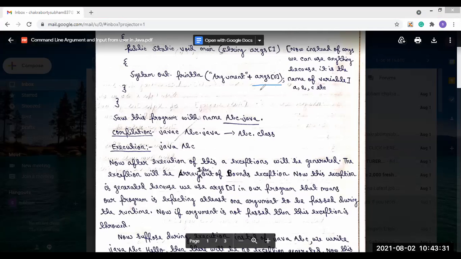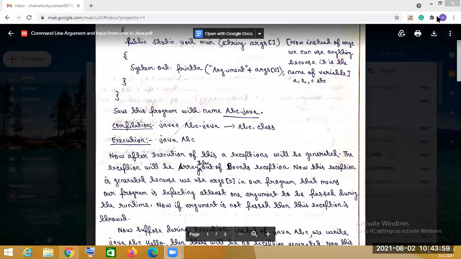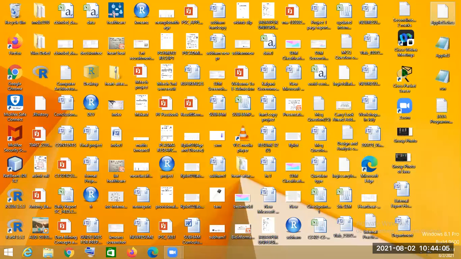Our program requires at least one argument to be passed during runtime. If the argument is not passed, then the exception will be thrown. Let me explain it through a program; if we explain it through a program, it will be easy for you to understand. So let's move to the program, where I will create a